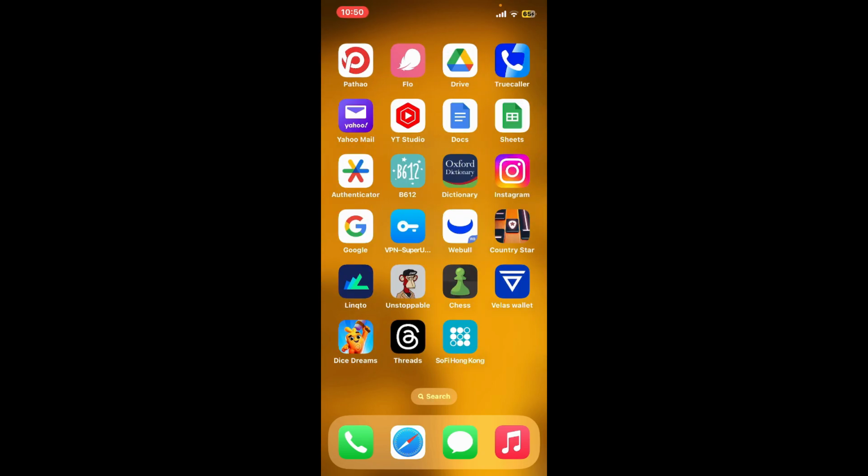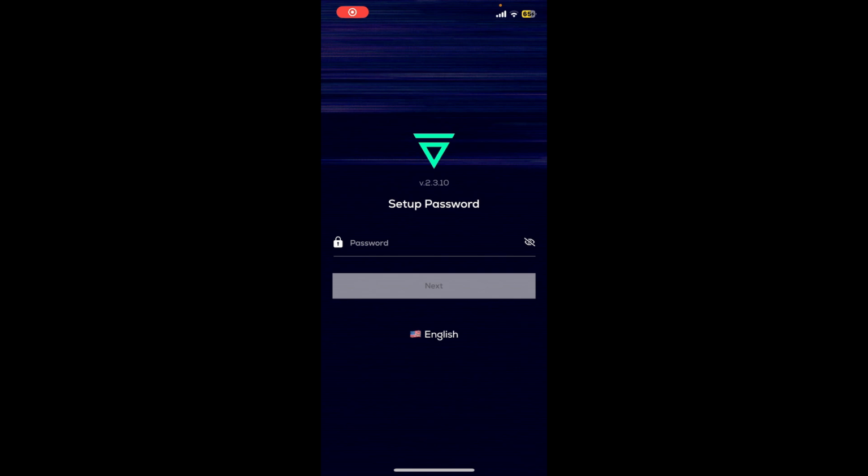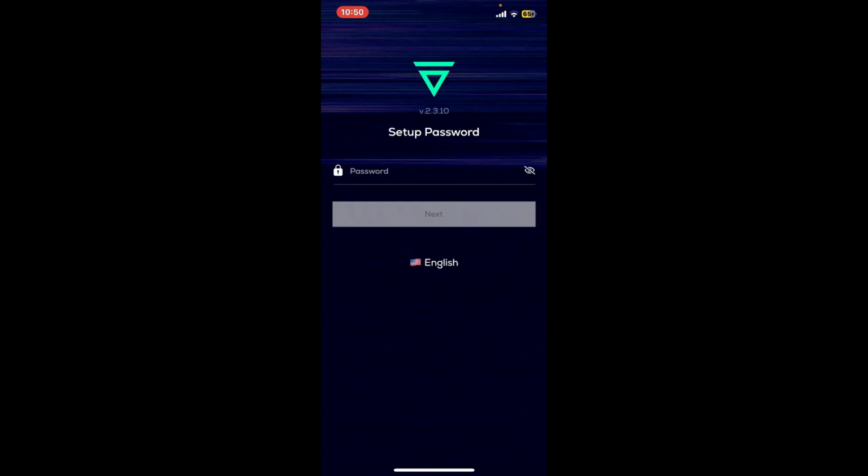First of all, make sure to download the Velas Wallet application on your mobile device, and once you've done that, launch it open. The very first interface of Velas Wallet will look like this. It'll ask you to set up a password for yourself. Simply go ahead and create a password for your wallet. Double check your password by tapping on the little eye icon at the right corner, and once you are ready,